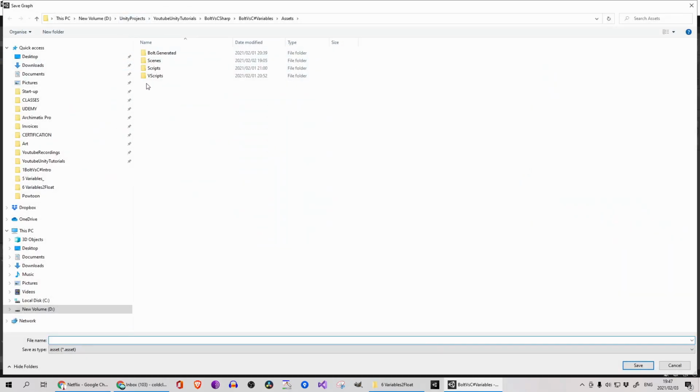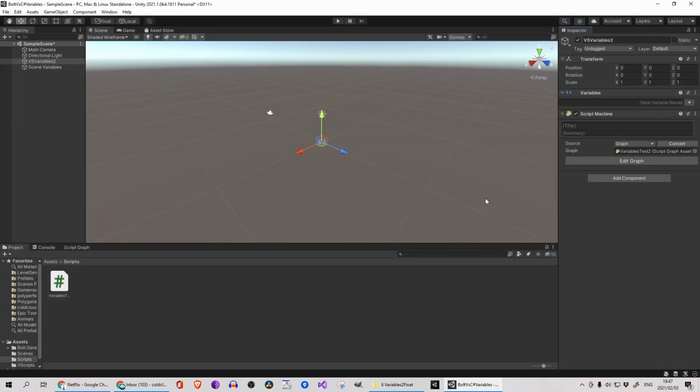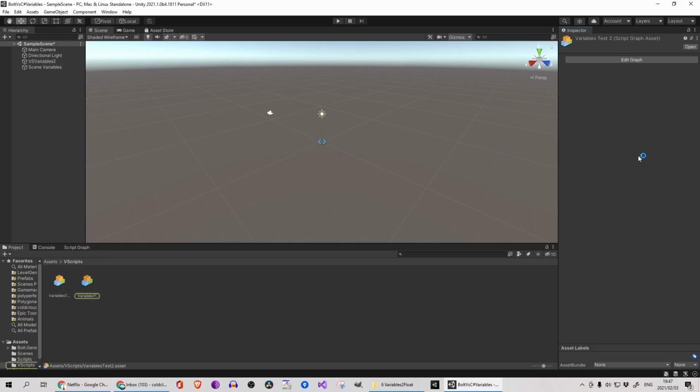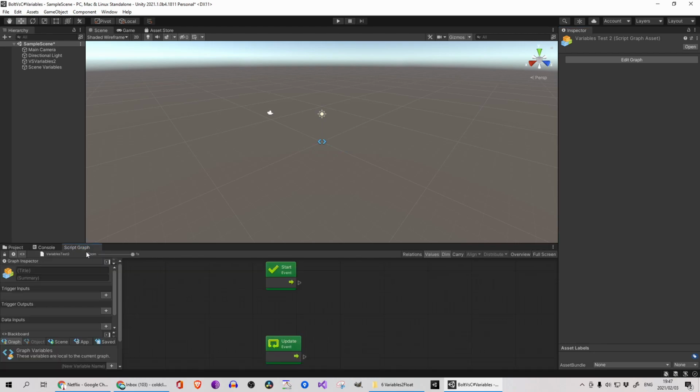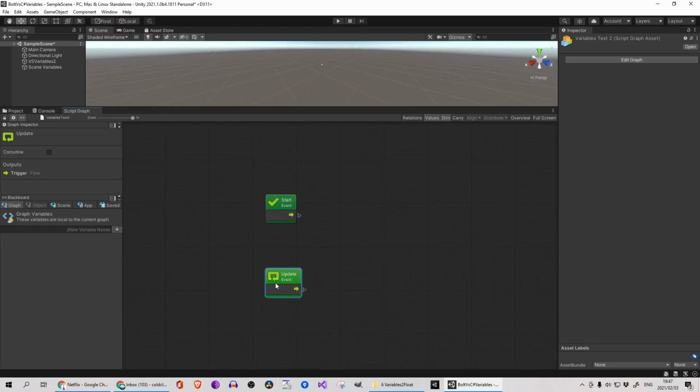Create new vscripts, variables test2. Okay, let's open that up. Okay, so I've got my script graph here. I'm just going to expand this, delete update, and start. Okay, so I'm going to continue just creating a graph variable here, and I'm going to call this